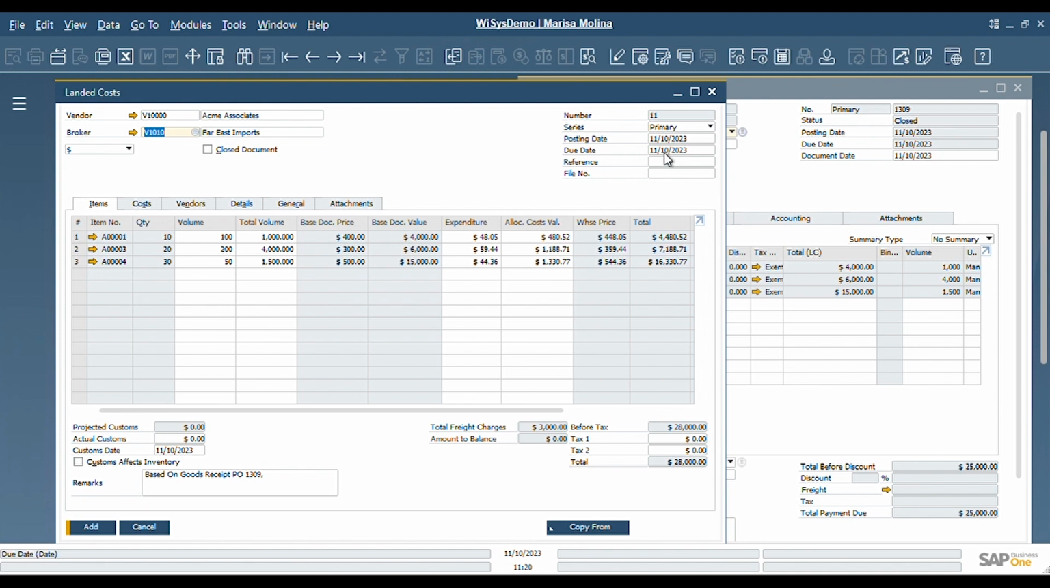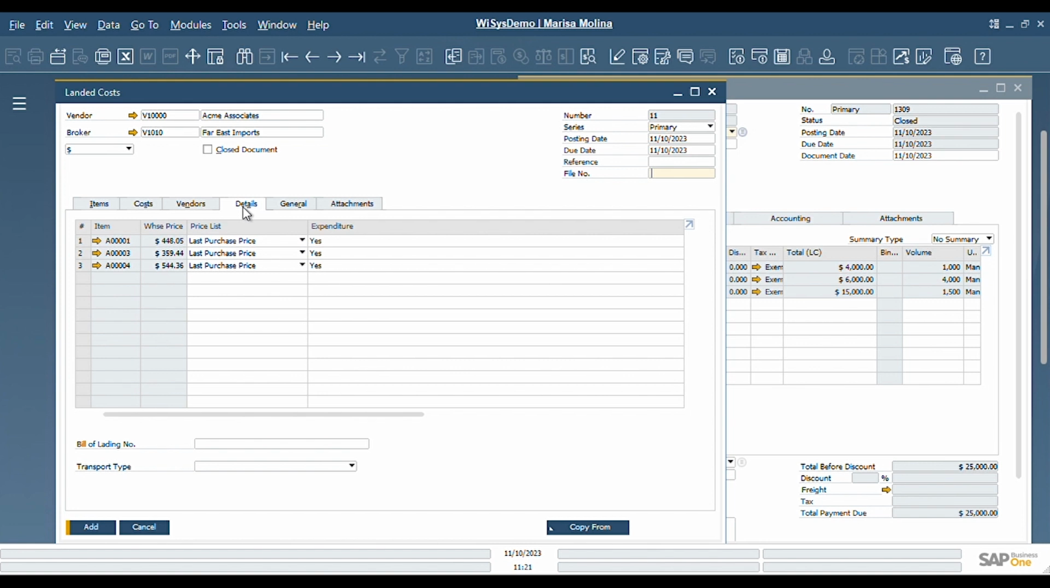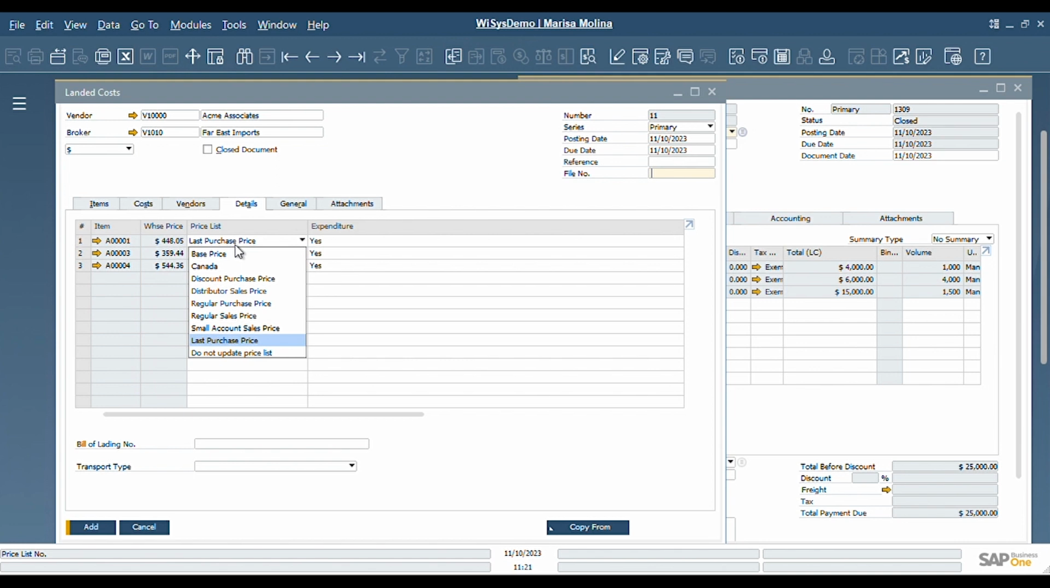So basically you can use the reference and the file number to enter, let's say, the container number, the vessel, anything that for you is relevant. In the vendors I will have the vendor for my products. Under the details I have my new warehouse price, and in this case you can apply that one to a last purchase price. So you could select another price list. You could say, you know what, I want my base price to include my landed cost, because now I want to use my base price list